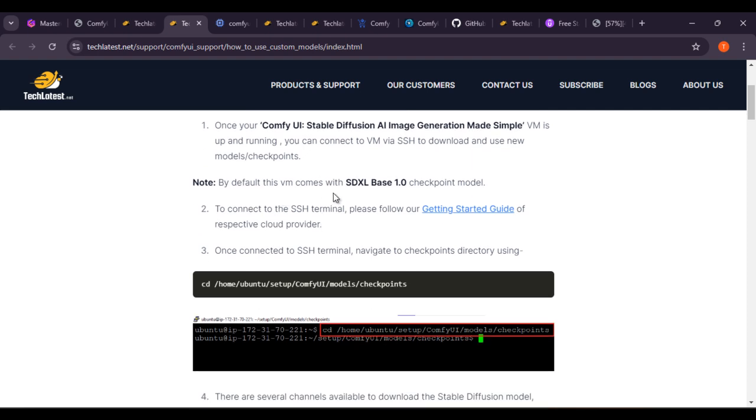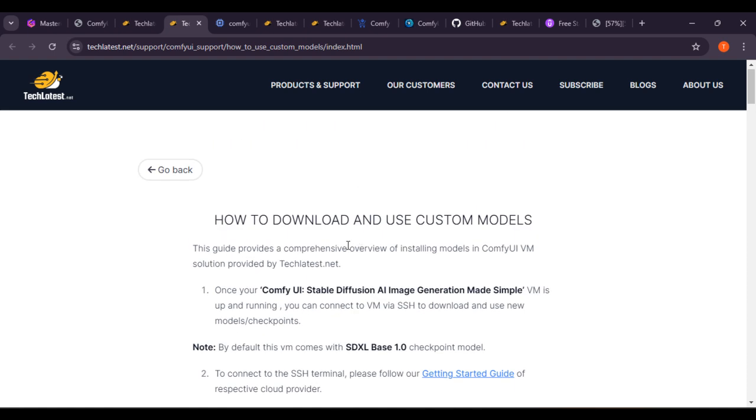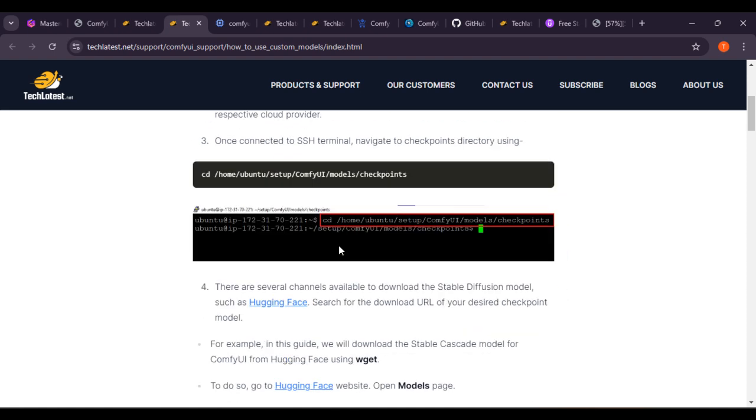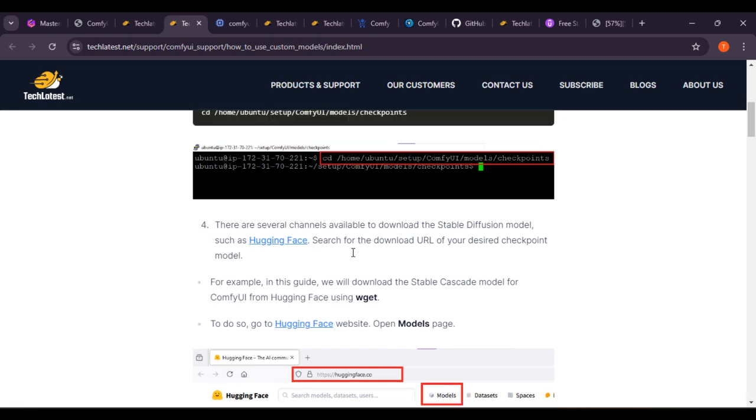By default, this VM comes with the SDXL base 1.0 checkpoint. To connect the SSH terminal, please follow the guide of your cloud provider. Basically, you have to connect to your VM. Then once connected to the SSH terminal, navigate to the checkpoints directory using this URL. We have a separate lecture on how to download custom models, which is our upcoming lecture. So wait for some time, or if you want, you can follow